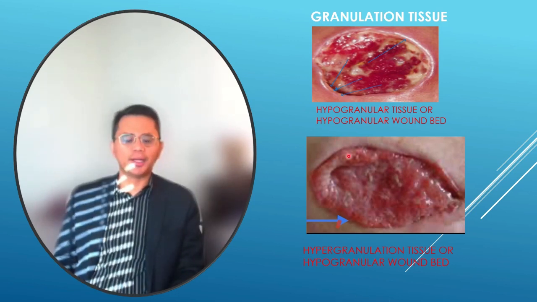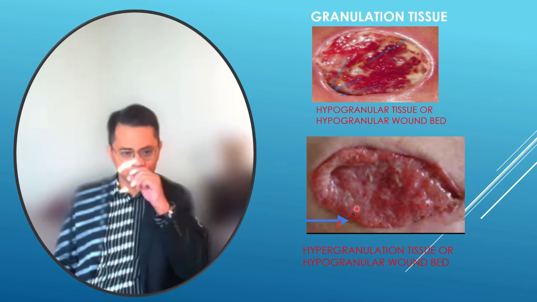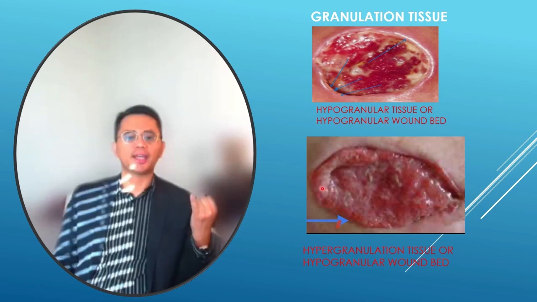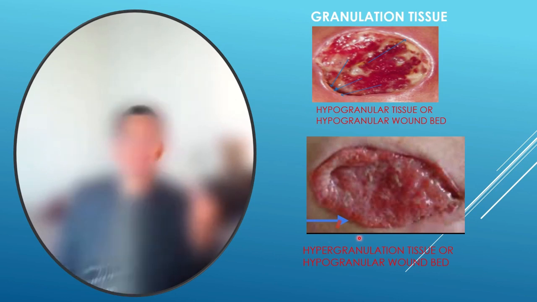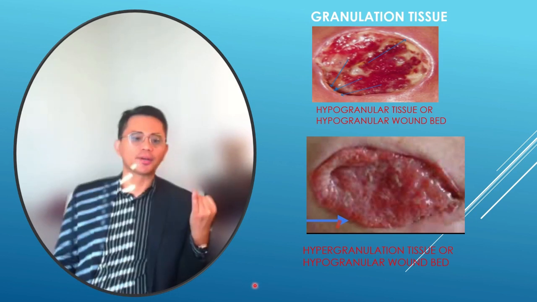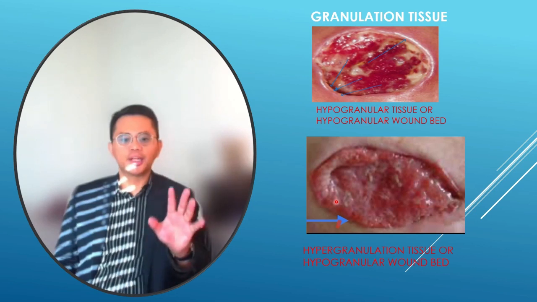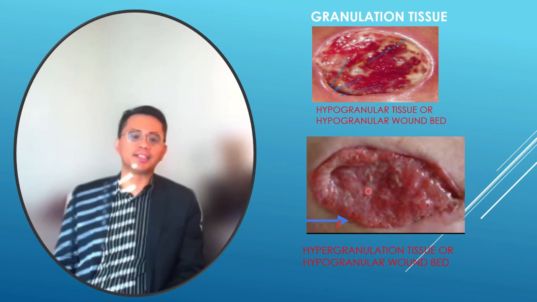So if you have a hypergranular tissue, which is very notorious, especially after surgery, there are three things that you need to think about. Is there so much moisture? That's number one. Maybe you are not absorbing the exudates adequately. Number two, is there any silent infection? If there is a high or critical colonization, most of the time or sometimes the wound bed would tend to hypergranulate, and there are also other factors. Then there are several ways for you to manage a hypergranular tissue. You can put pressure, you can manage this with silver nitrate, and lately